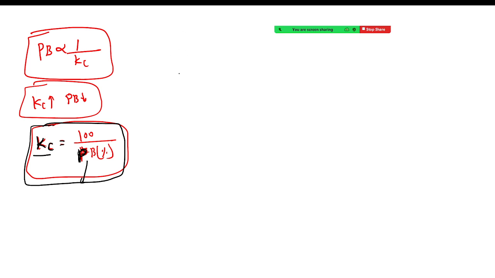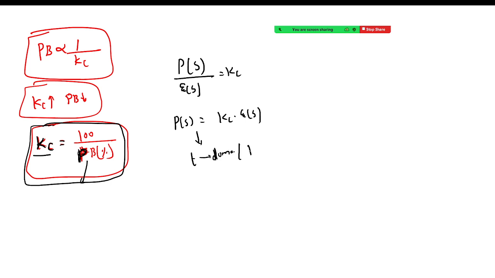So we saw that P(s) divided by E(s) is equal to Kc. That is the transfer function of a proportional controller. So can I write that P(s) is equal to Kc into E(s)? Since this is in the S domain, I want to convert this into the T domain. So how can I convert? Taking